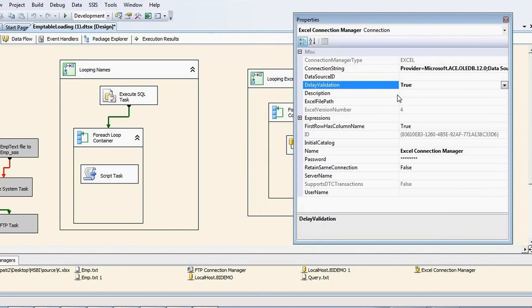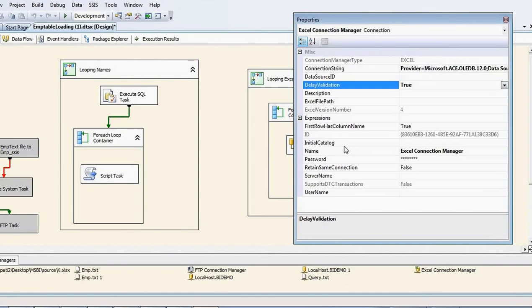So what exactly is this delay validation property? Whenever you are creating any SSIS packages, at the time of designing and development, the Integration Services engine tries to validate whatever configurations you have given.